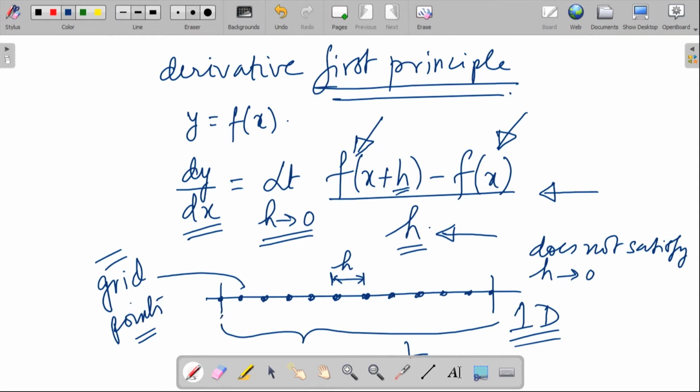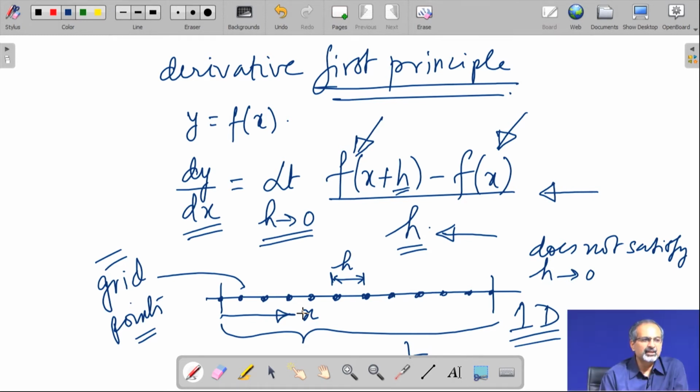So, I am just concerned about one direction along which I lay the grid points to discretize a certain length L. You could happily accommodate grid points in multiple directions to cover up 2 dimensional or 3 dimensional spaces. Here we are restricting it to one dimension to begin with.